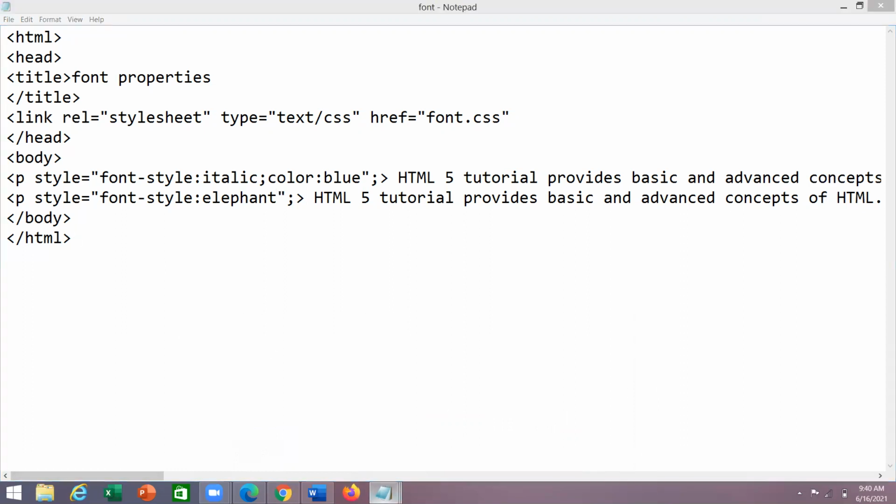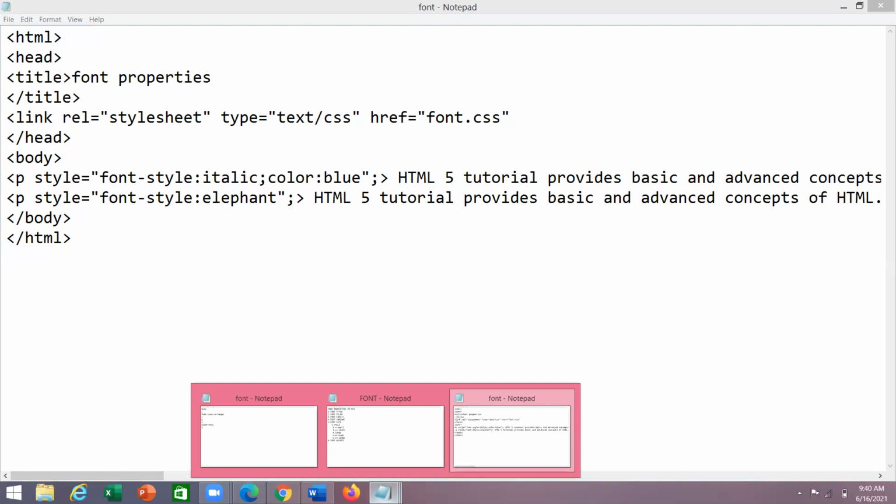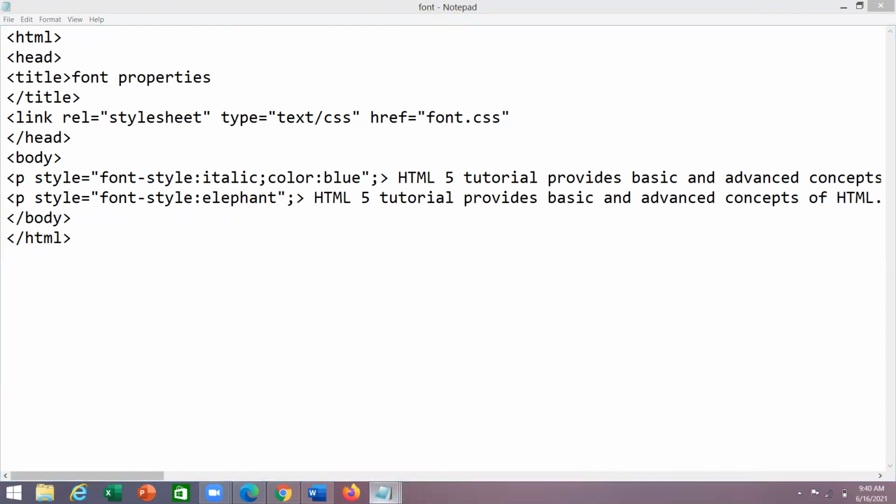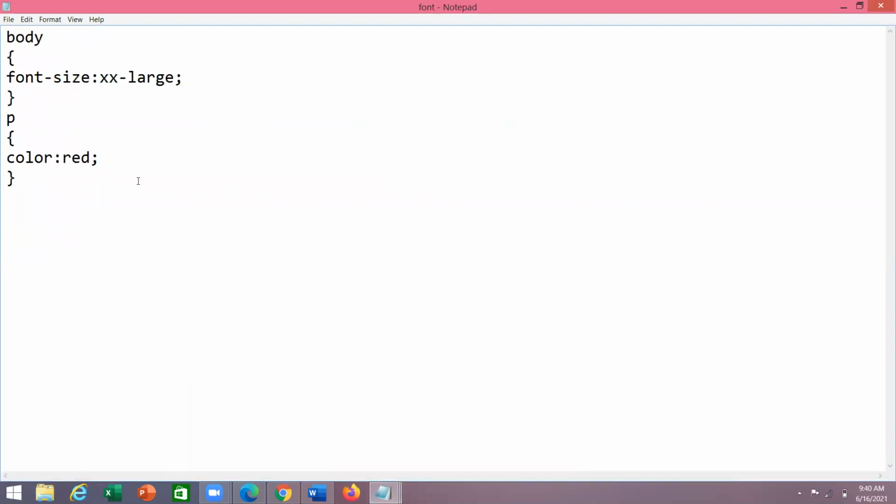And if you want font variant, here I'm giving the font variant for the paragraph.